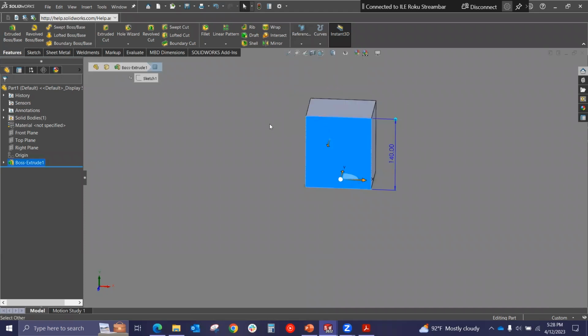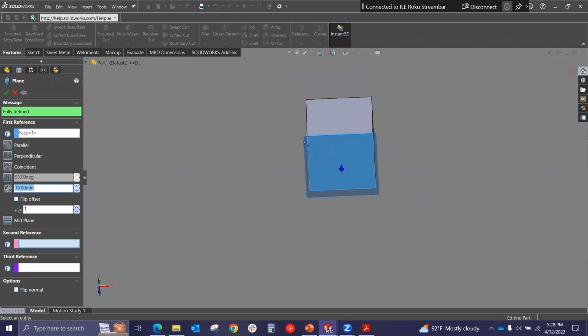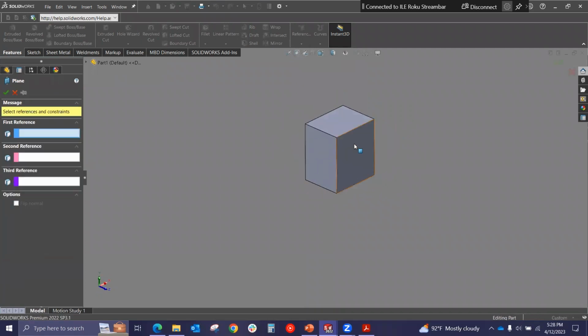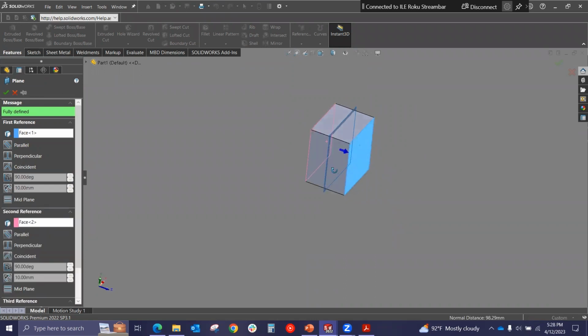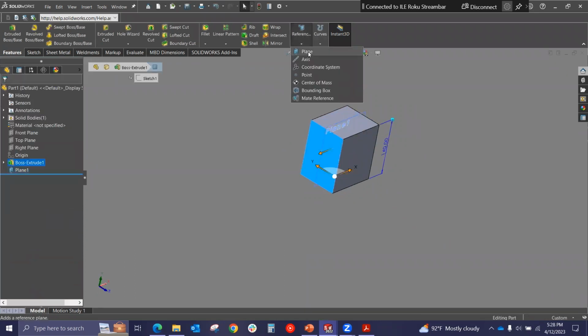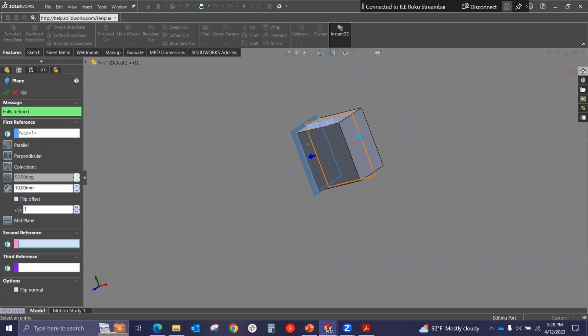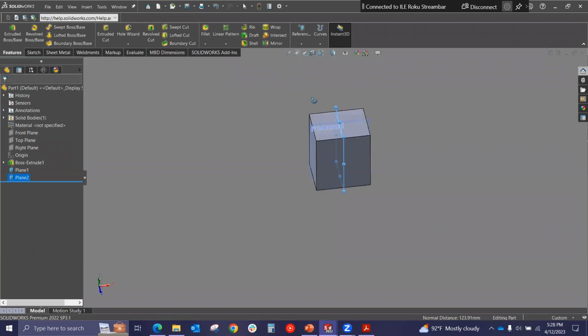This is not a good model to have reference geometry. It's so simple, but if for example the planes were totally off in the middle of nowhere for this part, I could select these two flat pieces and get reference planes here to have center planes created, so I could reorient the part about those centered planes. You can also do things like axes for the same thing. If I want my origin around a hole,